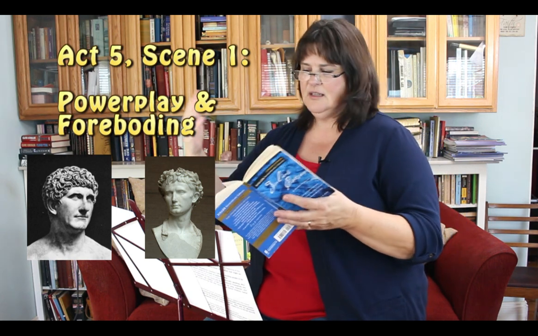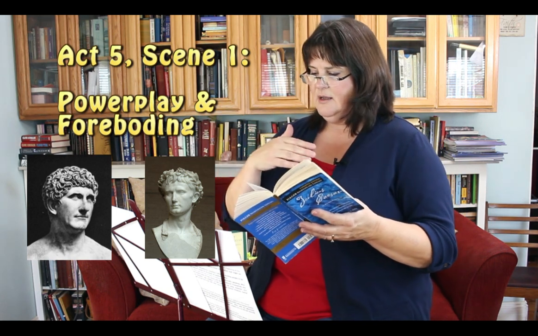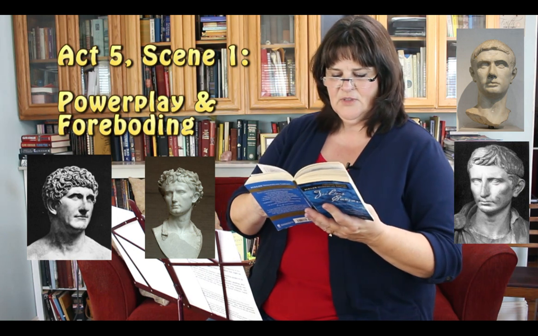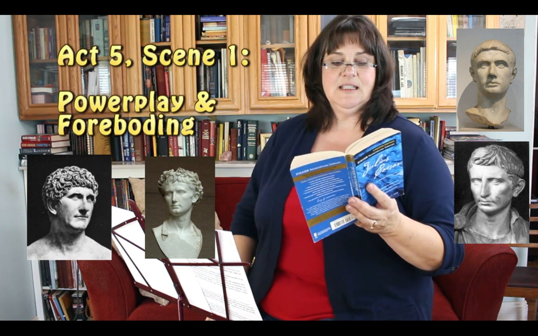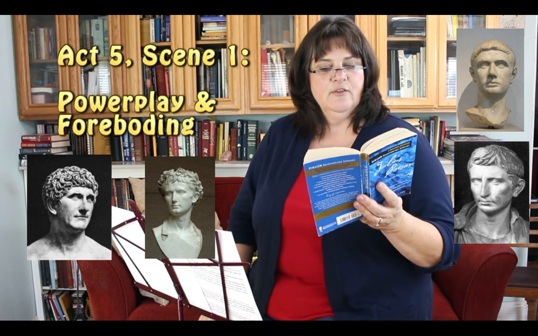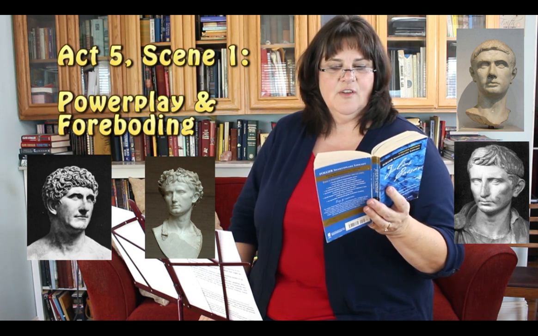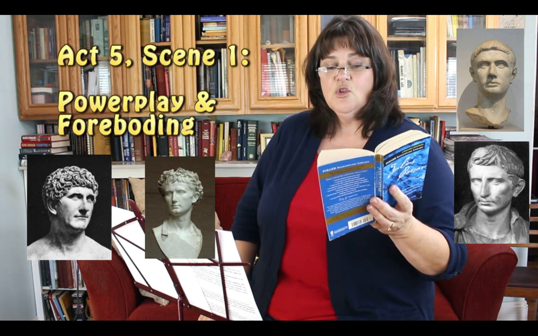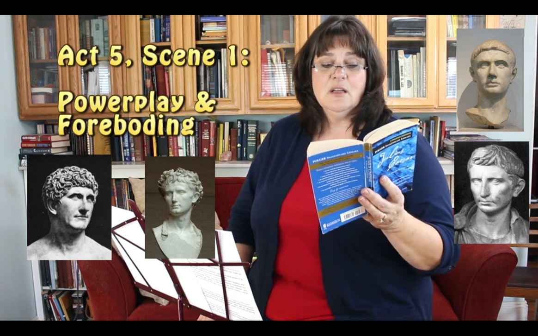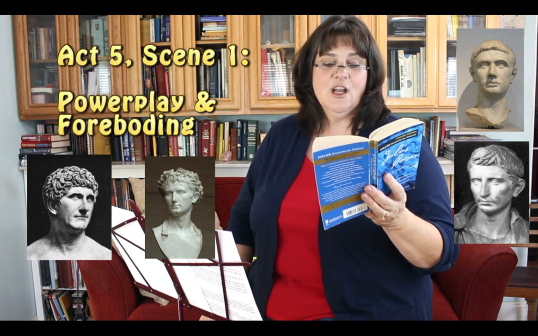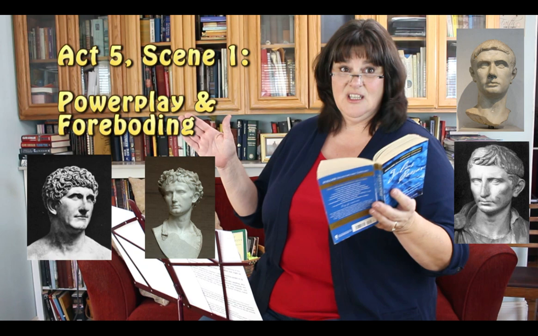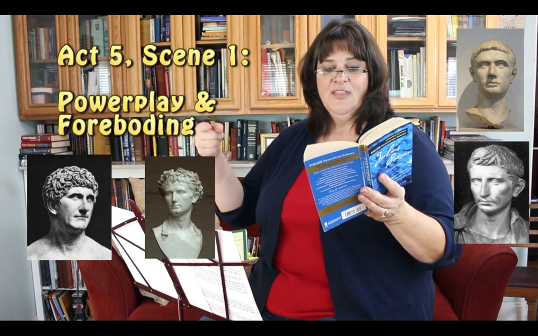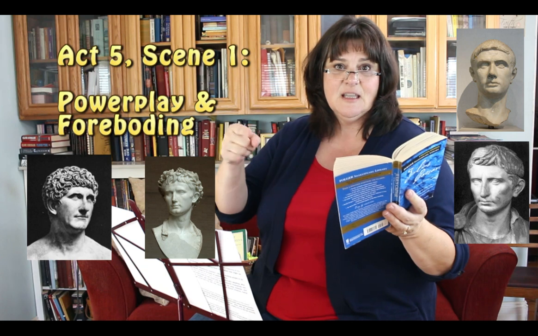Now in come Brutus and Cassius, and they have this little battle. There's puns, there's repetitions there. Antony: Not stingless too. Brutus: Oh yes, and soundless too, for you have stolen their buzzing, Antony, and very wisely threat before you sting. Look at line 43. Villains, you did not so when your vile daggers hacked one another in the sides of Caesar. You showed your teeth like apes and fawned like hounds and bowed like bondsmen, kissing Caesar's feet while damned Casca like a cur behind struck Caesar on the neck. Oh, you flatterers. Cassius looks at Brutus and says, flatterers? Now, Brutus, thank yourself. This tongue had not offended so today if Cassius might have ruled.